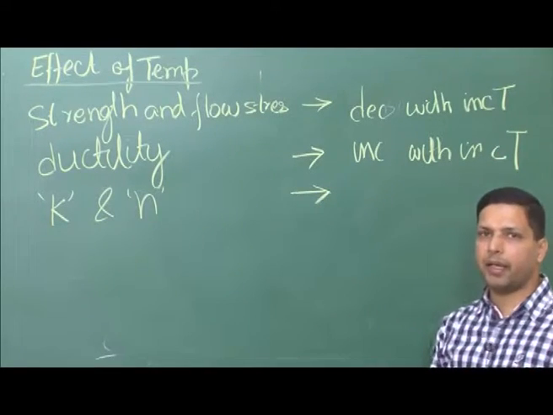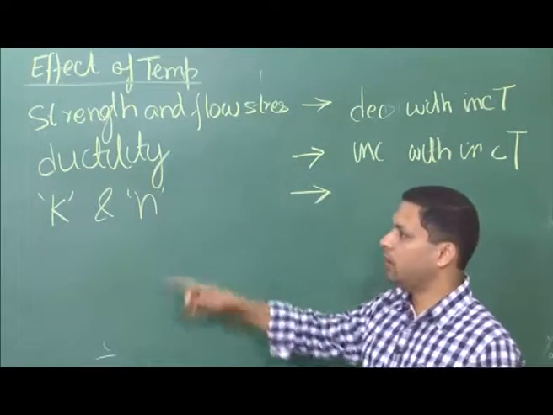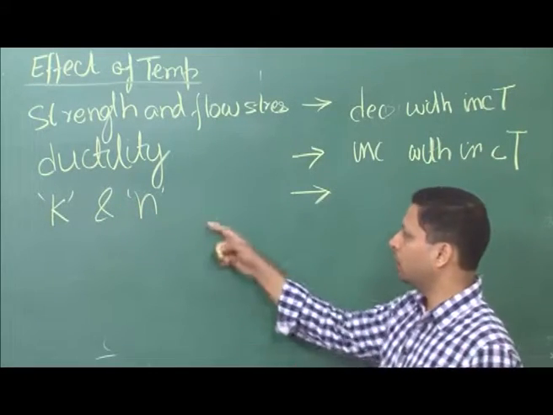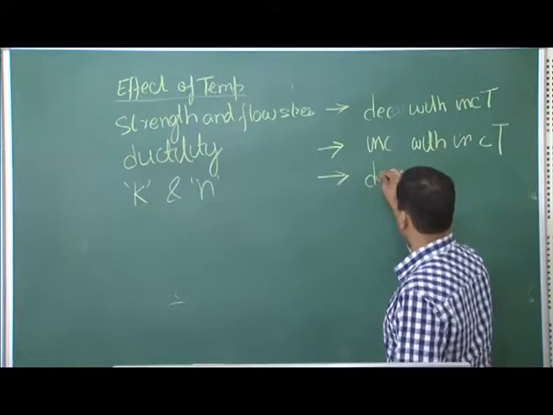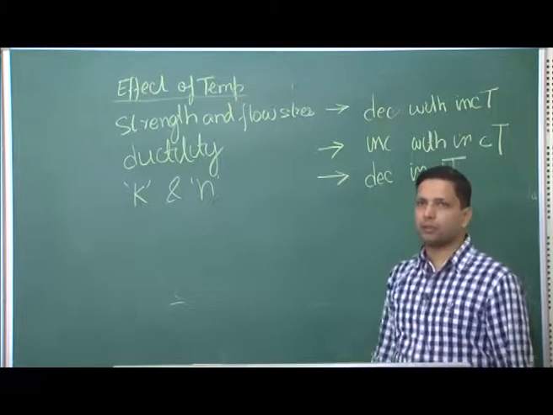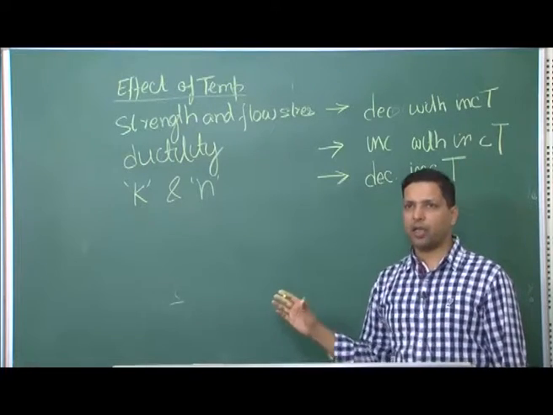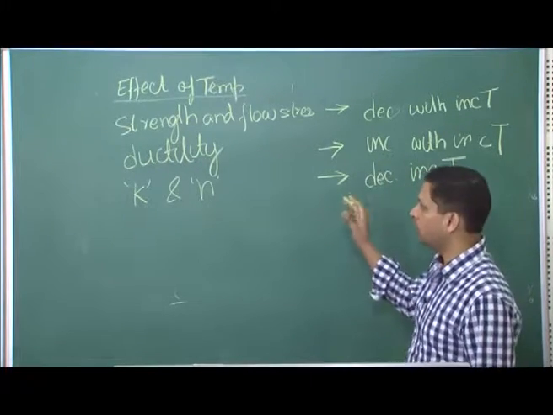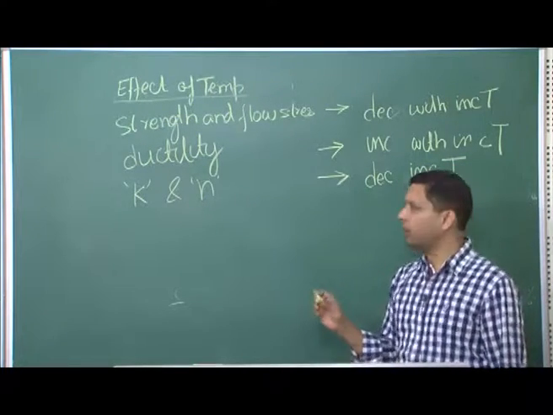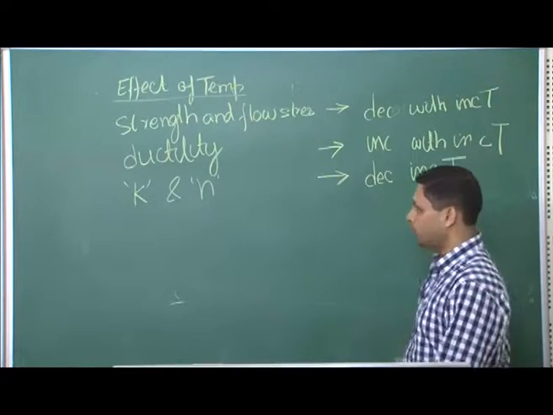What happens to K and N? Now, directly from that equation we see that since the strength decreases, probably something over there decreases, either K or N, and it so happens that both K and N decrease with increasing temperature. So, these are some of the important effects of temperature, and we are not even looking at it from the point of view of the strain rate sensitivity factor m. In general, what will happen to the material and its properties when the temperature is increased?